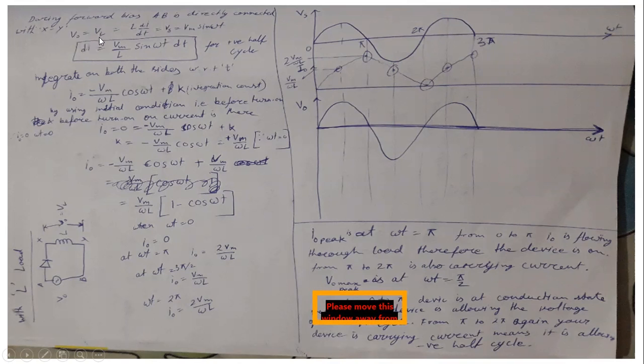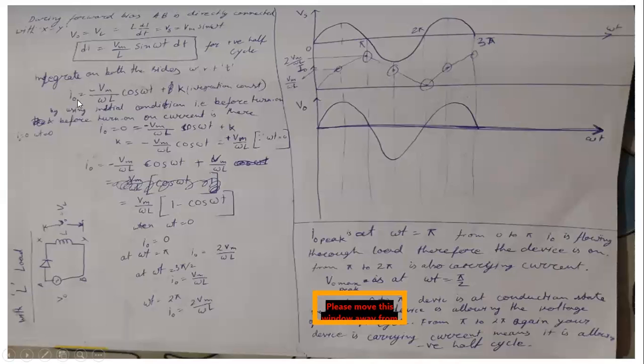Output voltage is equal to the inductive voltage, and inductive voltage is equal to L di/dt, and this is equal to source voltage Vs, which is equal to Vm sin omega t. So from that, I can write di equal to Vm by L sin omega t dt. So dt is multiplied with sin omega t for the positive half cycle, and if I integrate both sides with respect